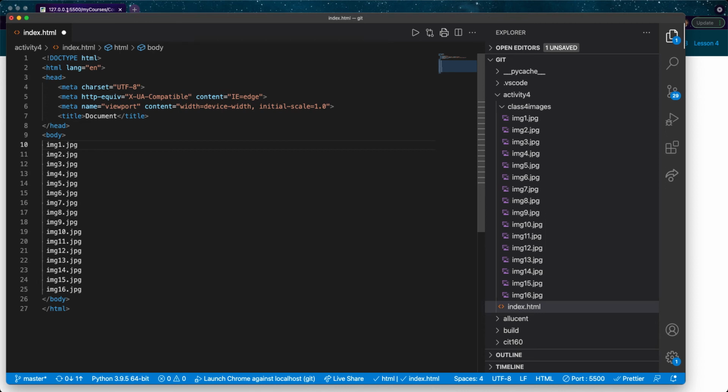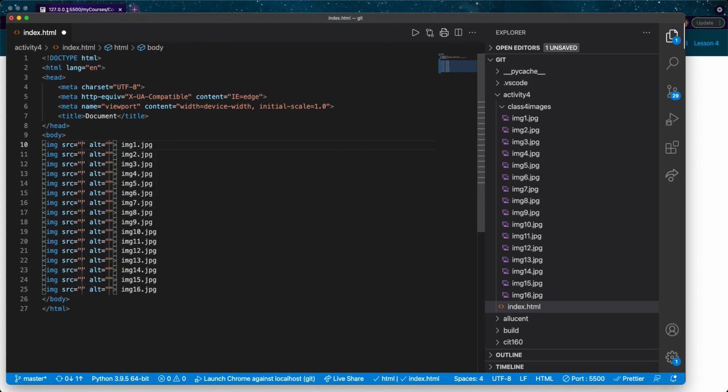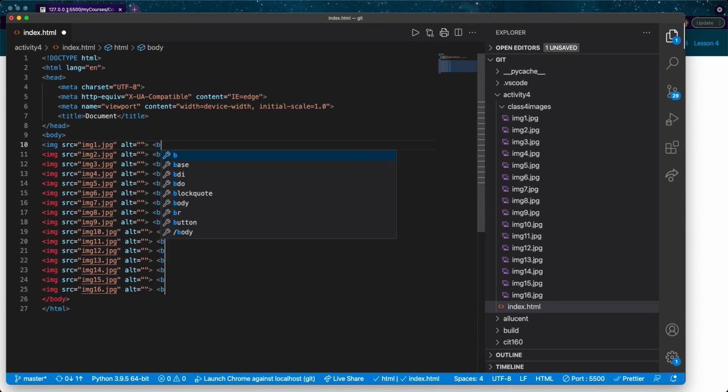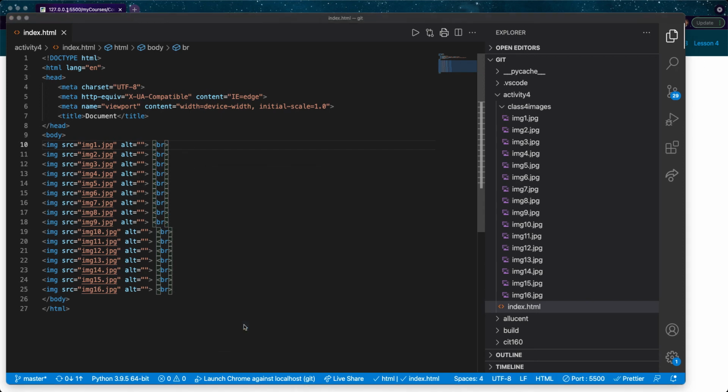And I'm going to start typing out my image element. So I just typed in a space, and I'm just going to type in image so that VS Code can recognize this, and I'll hit tab and create that. Okay, I'm going to hold shift and my right arrow to select all of that. So I just hit cut, so Control X, and then I'll go to the end of my line with either End or Command right arrow and paste. Okay, and then maybe I'll want to put a break onto all of those as well, so they'll show in different places. So I'll save that, and I'm going to hit open with live server,